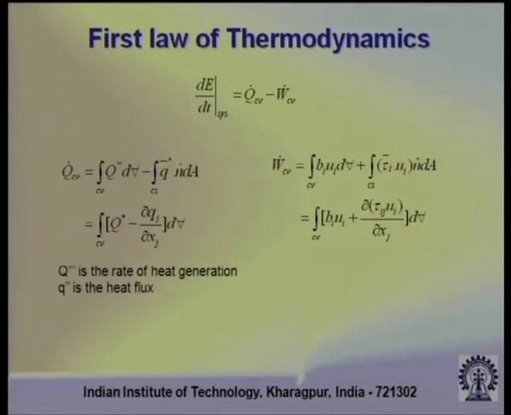Now, let us consider the heat transfer and the work done terms separately. In the left column of this view graph you have the expression for the heat transfer. Just like you have two types of forces, body force and surface force, for heat transfer you have two types of heating. One is volumetric heating, which is heating over the entire volume of the body, and another is surface heating. The first term considers the volumetric heating. Capital Q triple prime is the heat generation per unit volume. Again we consider generation to be positive, so if it is a heat sink, it will be negative.